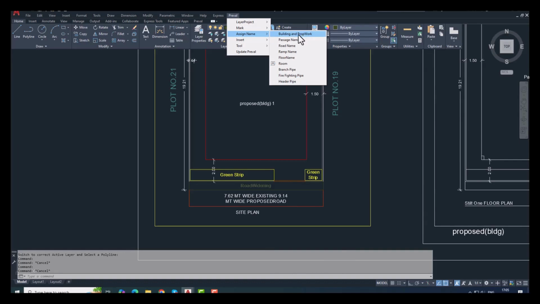The building marking is used to mark the area that has been enclosed, which consists of the floor plans of the building, and the proposed work is the actual area of which it is on the site. Next is the passage name. Similarly, you have road name, ramp name, floor name, and room. Now, coming back to passage name,